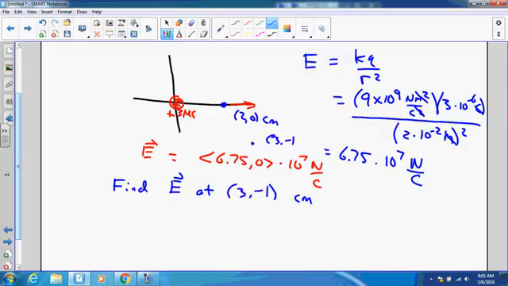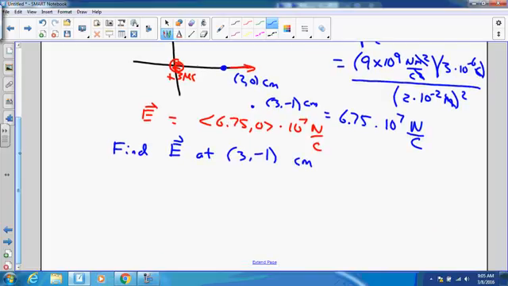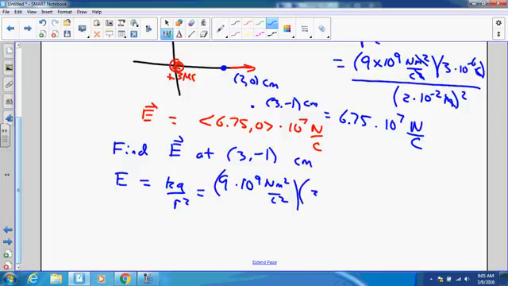So our point 3, -1 is now down over here. We're going to do the same idea. We're going to say that field E is equal to kq over r squared. And we're going to use the same q that we did before, times 10 to the 9th newton meter squared per coulomb squared, times 3 times 6 coulombs over